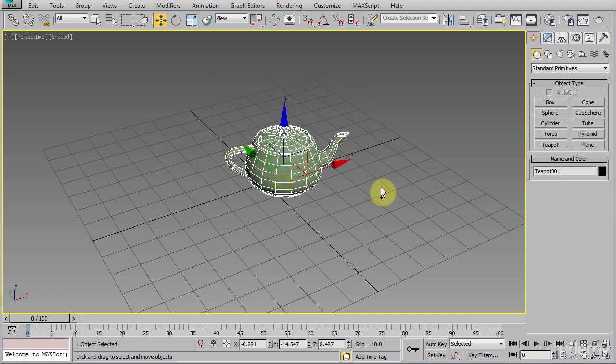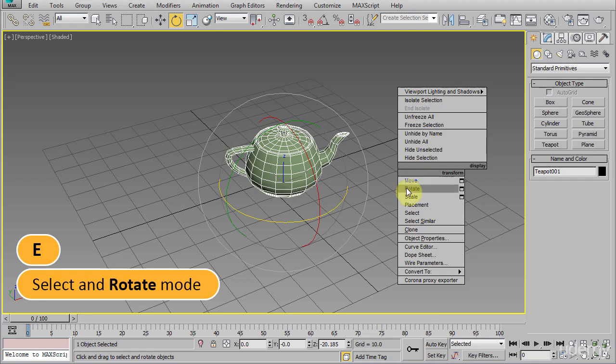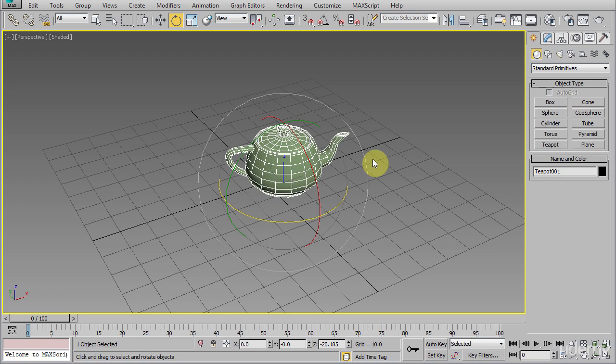Now let's move on to the rotation mode. To go to the rotation mode, we need to click this button up here. You can use shortcut E on the keyboard, or you can right-click to open the quad menu and simply click this rotate button down here. Now that we are in rotate mode, notice how the transform gizmo changes to a rotation transform gizmo, which looks like a bunch of colorful circles on our selected object. Until now, you probably already guessed that the transform gizmo can be quick feedback that informs us in what transformation mode we are actually in. These circles tell us right away that we are in rotation mode.